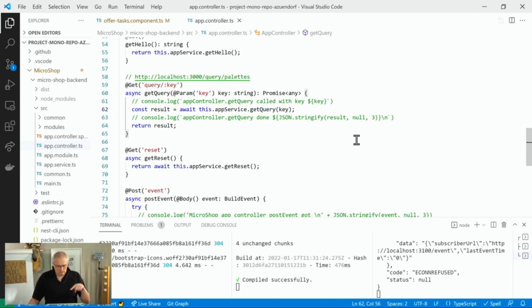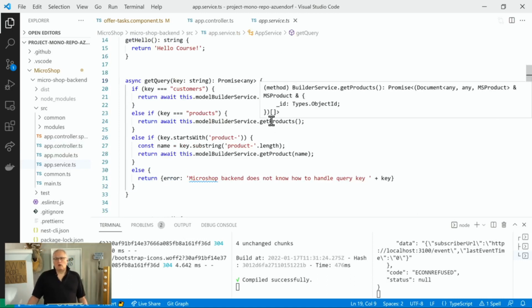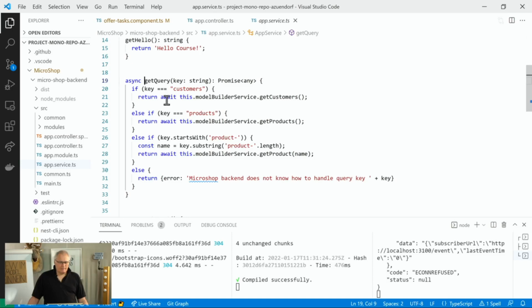So the controller does this URL decoding. The app service provides the actual functionality. That's a usual pattern that we implement using Nest. And I decided to have, in the query key, the actual description for the query that I would like to execute. So my app service looks whether the key is customers, then it calls the model builder service, where the model builder service is the